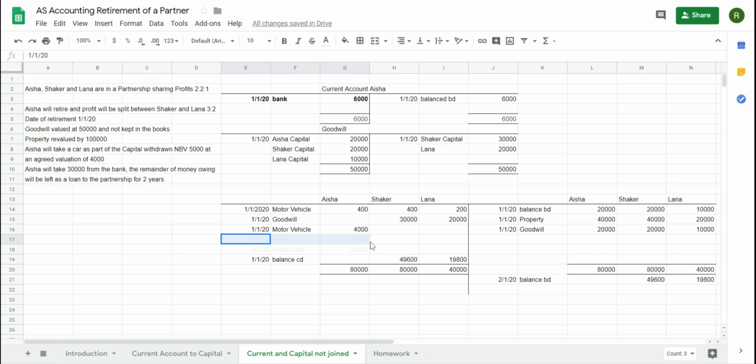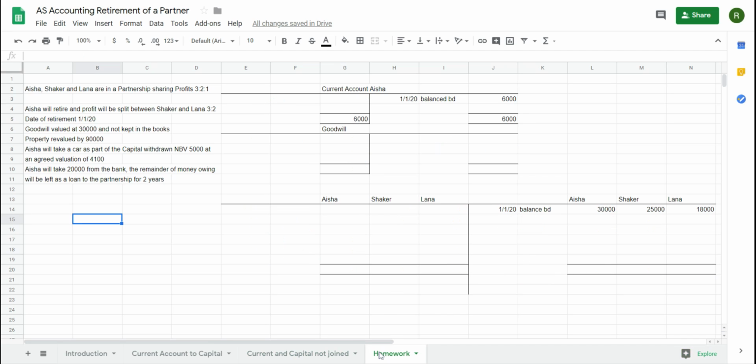The amount of money now that would go out from the bank in the capital account, that would reduce from 30,000 to 24,000 because 6,000 of that 30,000 has been taken out of the current account, and what wouldn't change is the value of the bank loan because overall she's still only taking out the same amount of money, and overall she's still owed the 6,000 plus the 80,000 that's in the capital account for Aisha without the 6,000 being transferred in. I'll put you some homework question, a quick homework question to do on there, but that pretty much